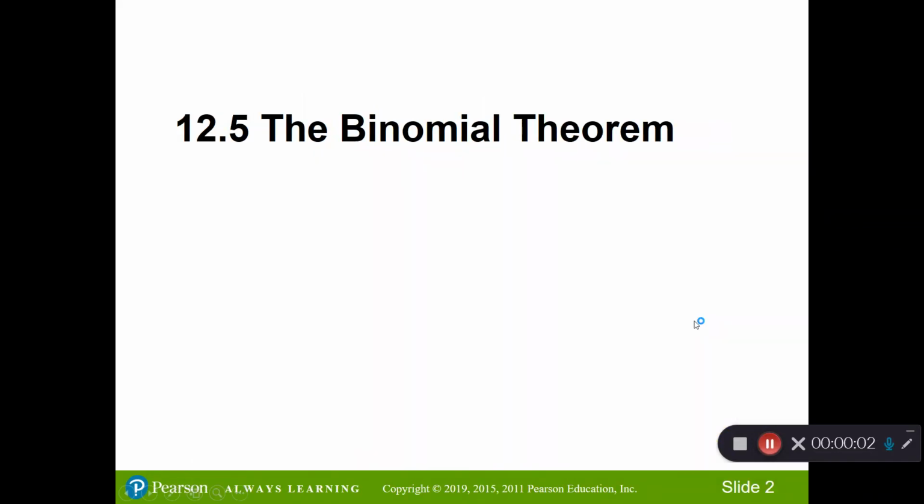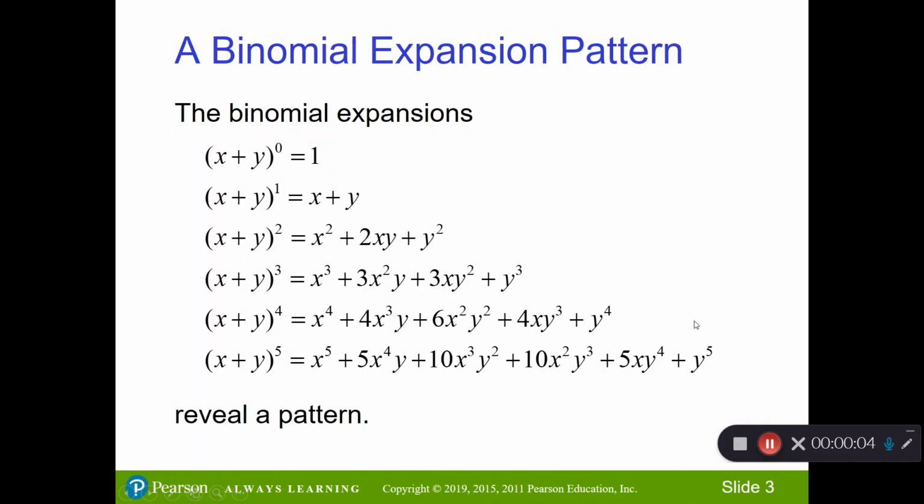The binomial theorem. When I expand expressions of the form x plus y to a power, it follows a particular pattern. X plus y to the 0th, anything to the 0th power other than 0 is a 1. X plus y to the first is just x plus y. X plus y squared is x squared plus 2xy plus y squared, because what I'm really doing there is FOILing